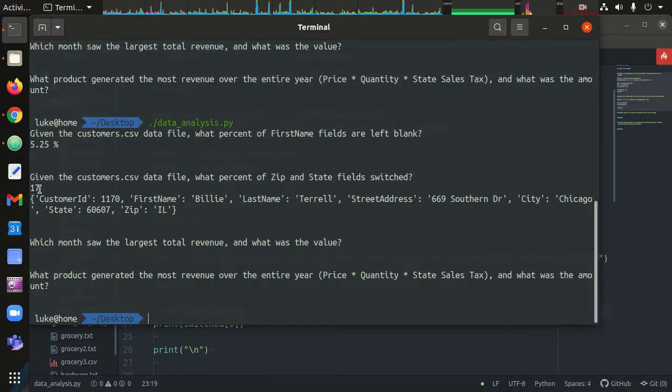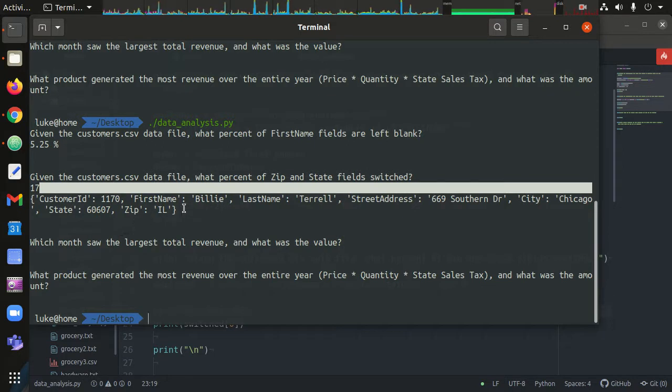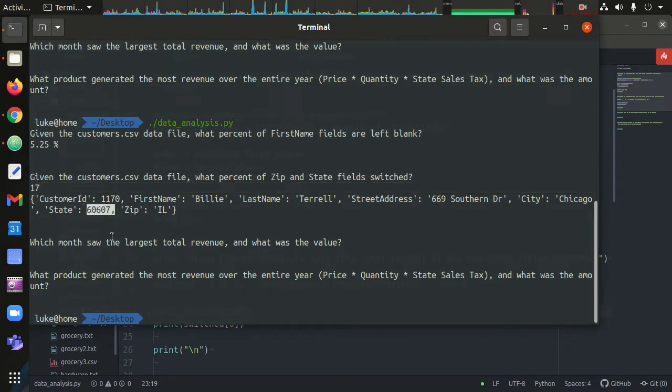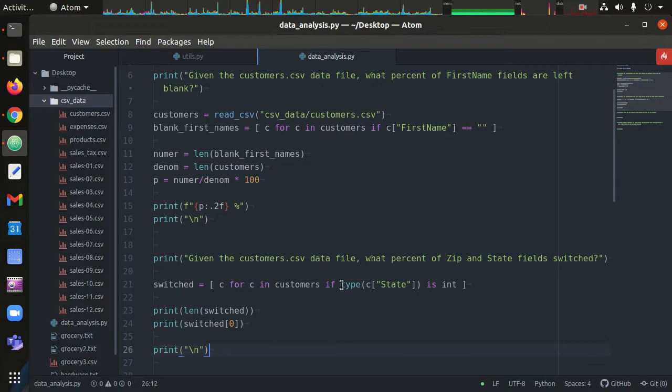So there's 17 of these. And sure enough, the state is the zip code and the zip is Illinois. Right? And to be a little bit more clear here, we would want to make sure that the state is an integer, and you could make this more complicated. For this example, we don't really need to, because I've looked at the data, and if you wanted to make sure it was the zip code and not some other field, you would say